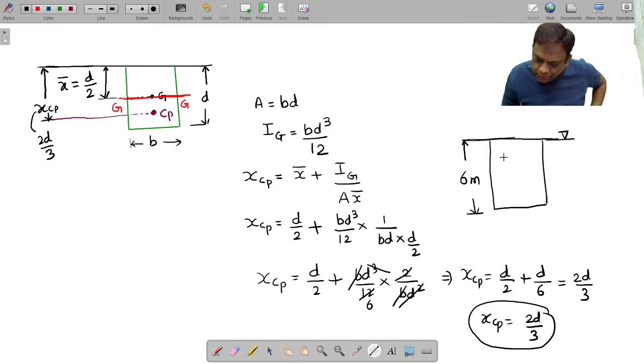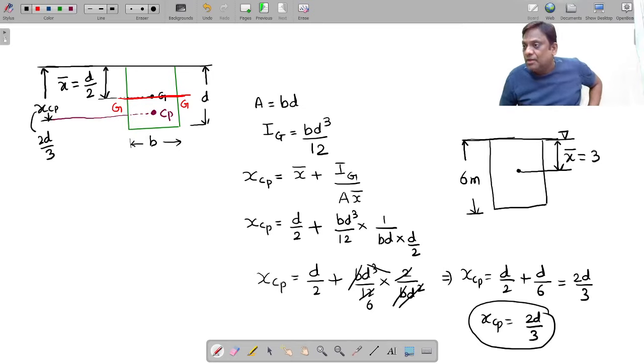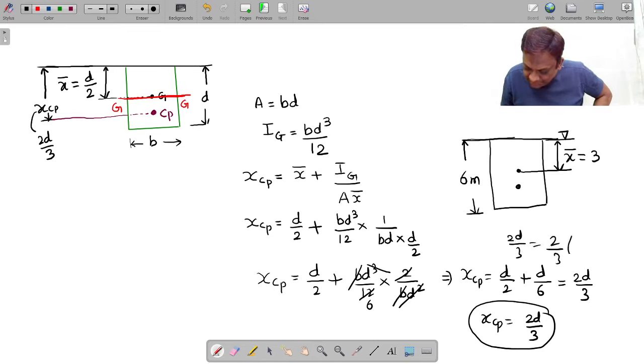Okay, chalo. So if this is your 3 meter, listen. Look, what is the total depth? 6. So where will be the center of gravity? If this is 6, it will be 3. So where will be the center of pressure? Anyone? Look here. Just now you told 2D by 3. What is the